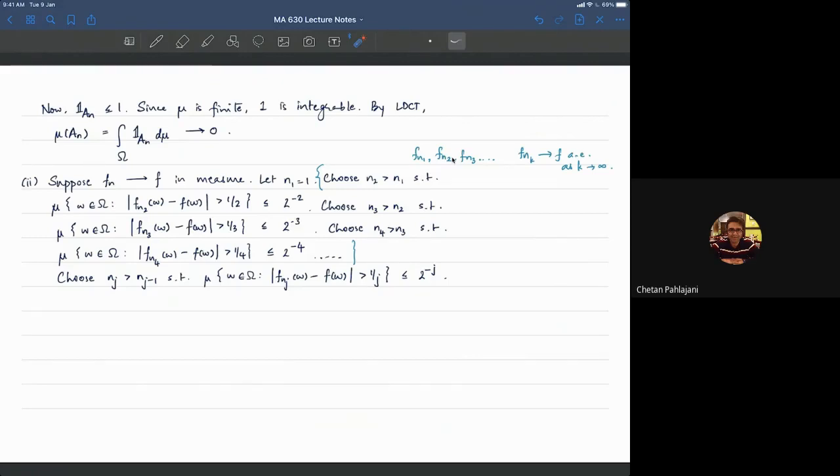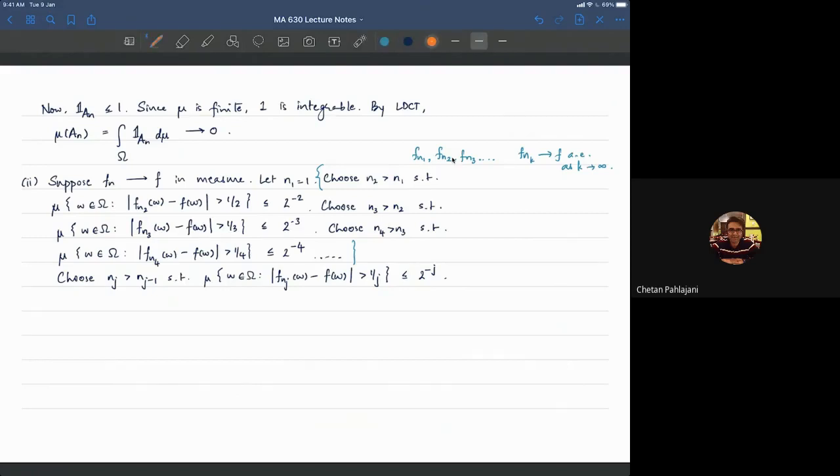First of all, for this to be a legitimate subsequence, n_1 must be smaller than n_2, n_2 must be smaller than n_3, n_3 must be smaller than n_4, and so on. The second thing is, you know from the definition of convergence in measure that,